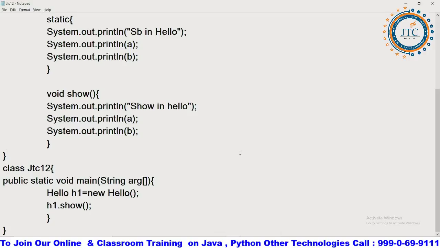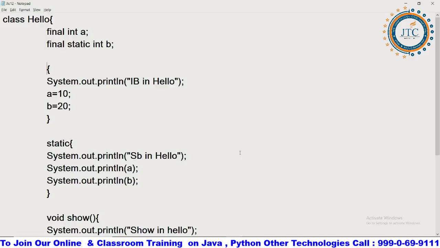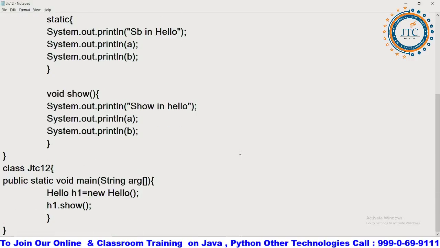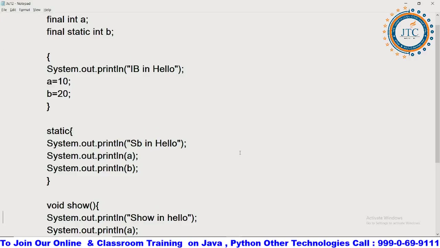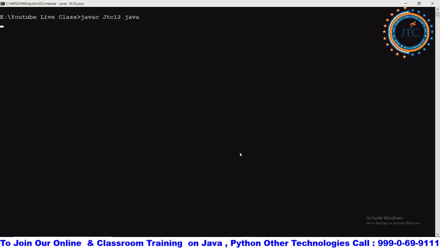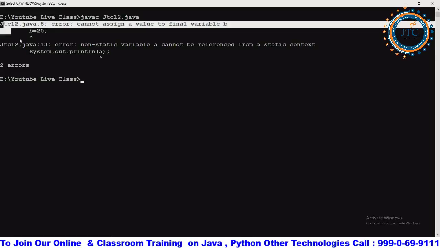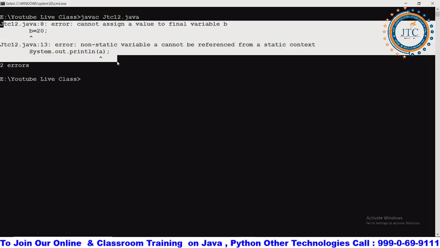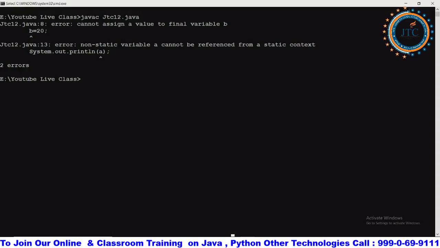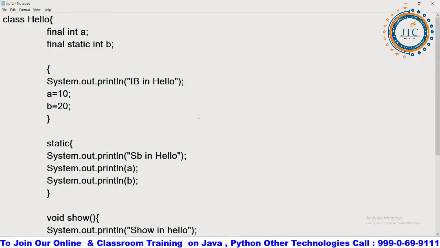Shall I get the error now also? Please reply me. Shall I get the error again or not? Yes, can you please explain this? Now I hope you are getting the things. Now I am running this program, you will automatically understand. Let's write it here, the 12. See boss, again we are getting the error. Here we are getting that error again. And now you have to explain me what error I am talking about. Now you should explain me why.